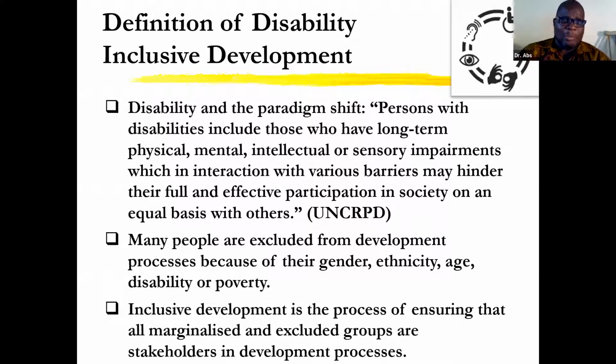If we try to apply the inclusive development process, it's about ensuring that this marginalization and exclusion is stopped, to allow disabled people to become equal partners in development. Far too often, people with disabilities are looked at as, what decision can these people make? I've got some very telling examples later on when I look at the four strategies of inclusion in inclusive development. So perhaps we can go to the next slide.